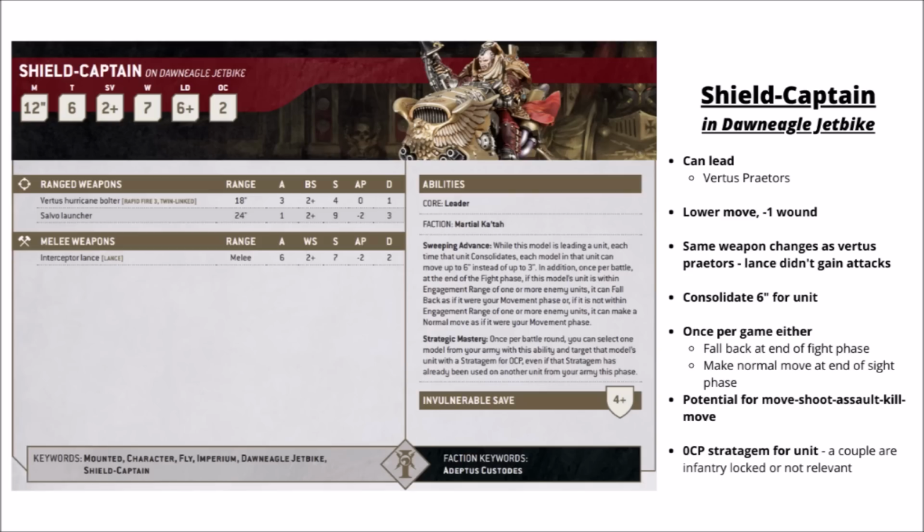Again, he has the 0 CP stratagem thing, though I would say that some of the stratagems are locked to infantry units, or just a bit less relevant, seeing as they already get a +1 to wound, so they won't need that one against monsters, and sadly he can't respawn bikes, that would probably be a bit too much. Besides that though, he also adds a 6-inch consolidate to the unit, would definitely be handy for destroying one thing and consolidating into another, and once per game you get some serious movement shenanigans at the end of the fight